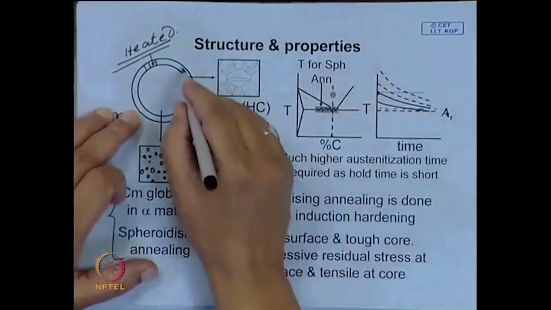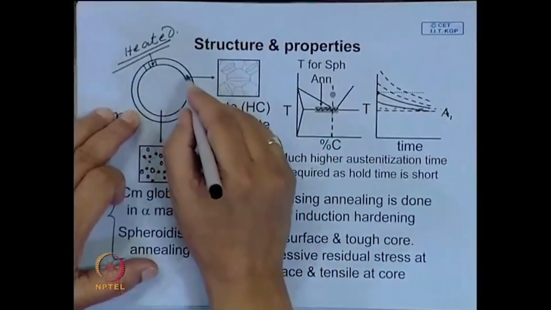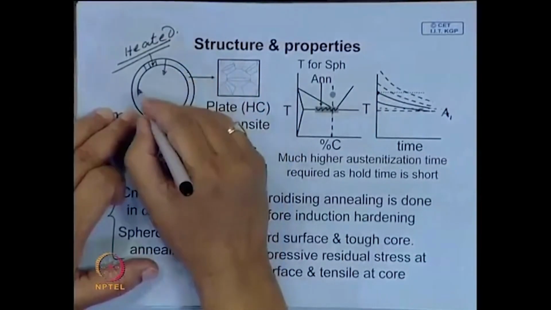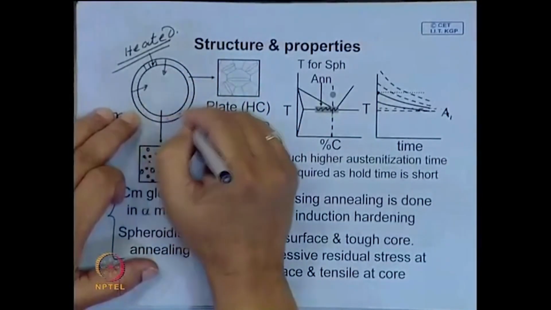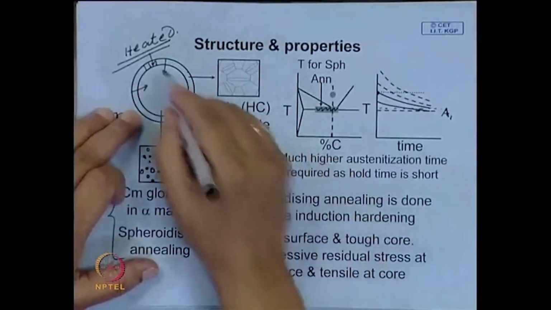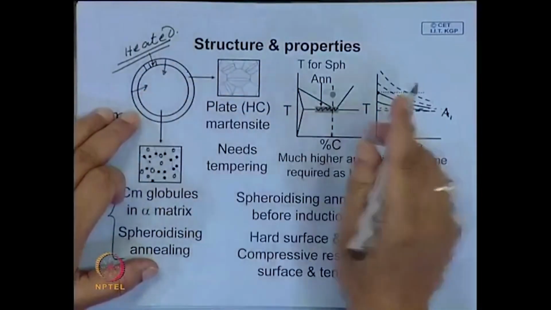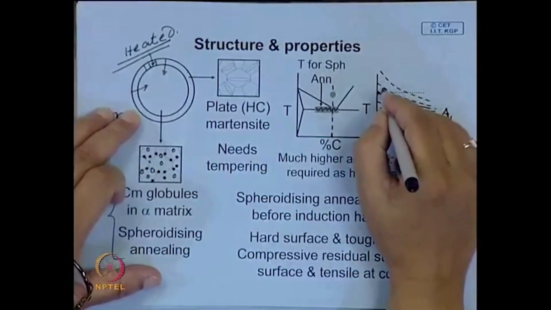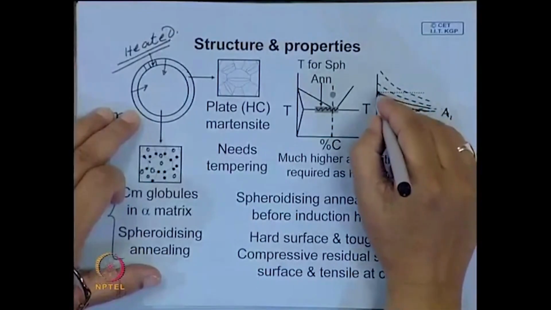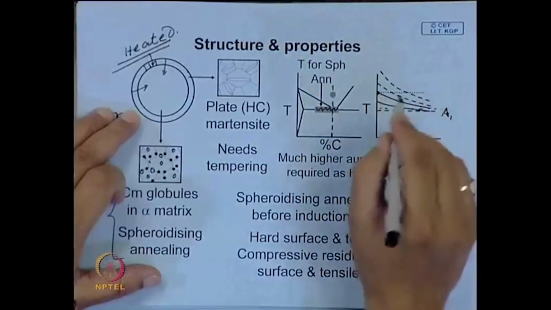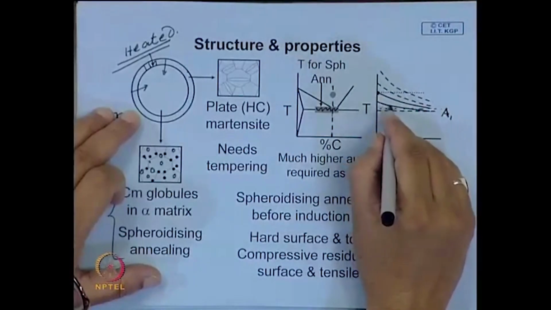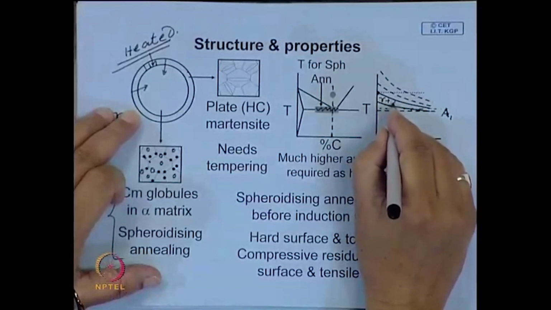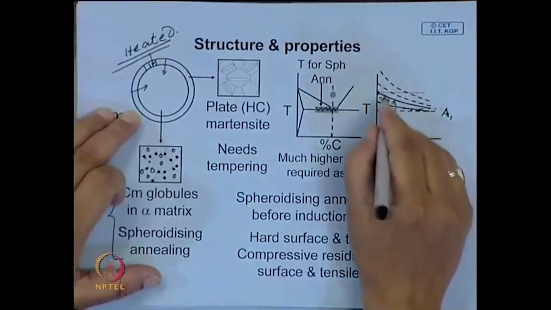With a long hold time, your purpose of surface hardening will be lost, because heat will flow inwards and the heated section will be much thicker, and then you may land up in a problem. So, you have to heat it to a little higher temperature, and then adjust your time. So, here maybe the austenite first appears, here you have austenite plus ferrite type of structure, but